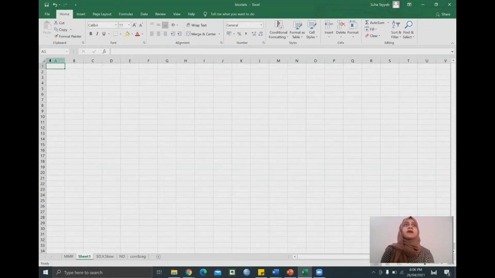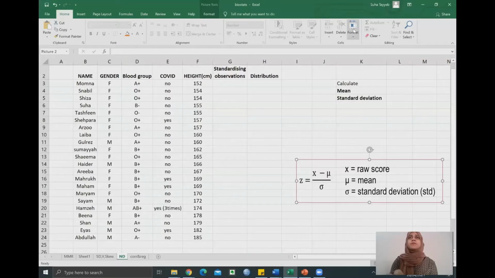So this highlighted box lies in column A, row 1, hence it's called cell A1. Another thing is that in Excel, all the formulas begin with an equal to sign. So this is a data set, and we will be calculating our mean, standard deviation, and generating a normal distribution curve.